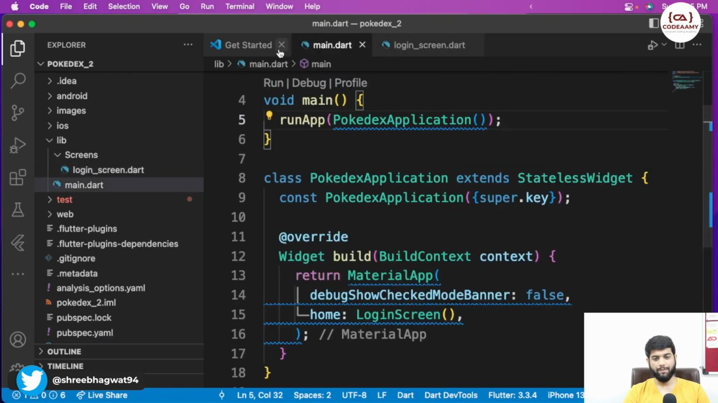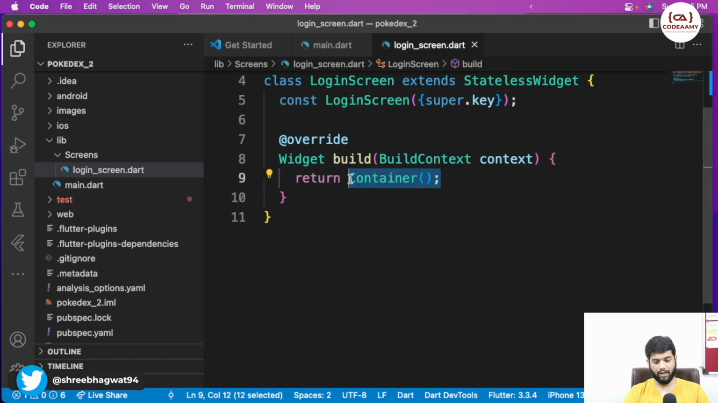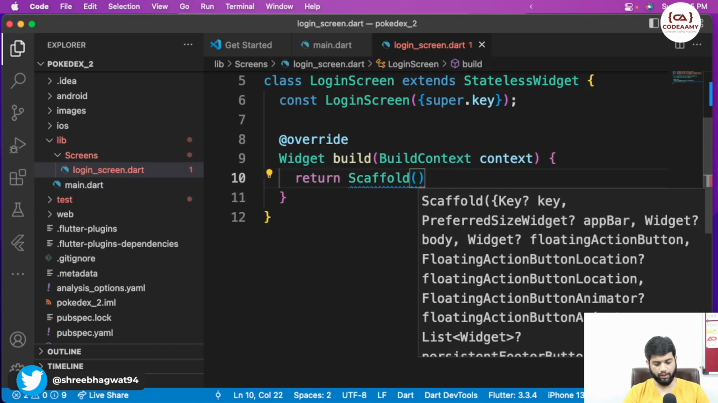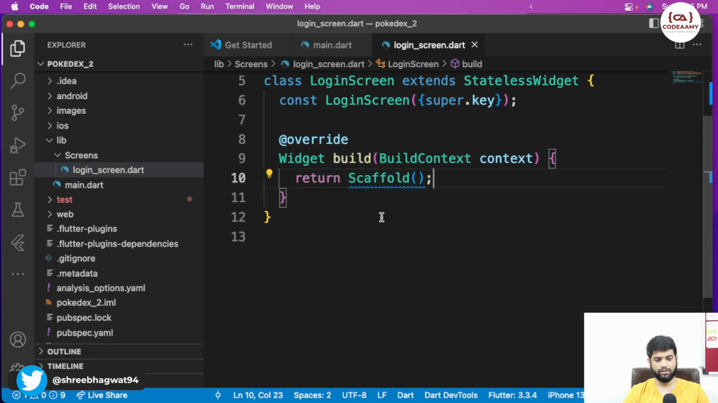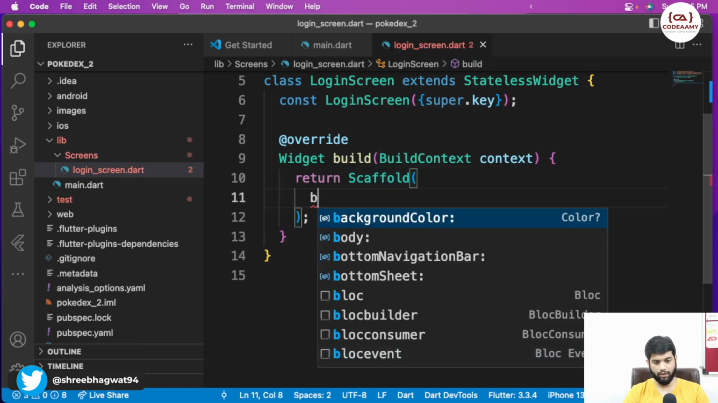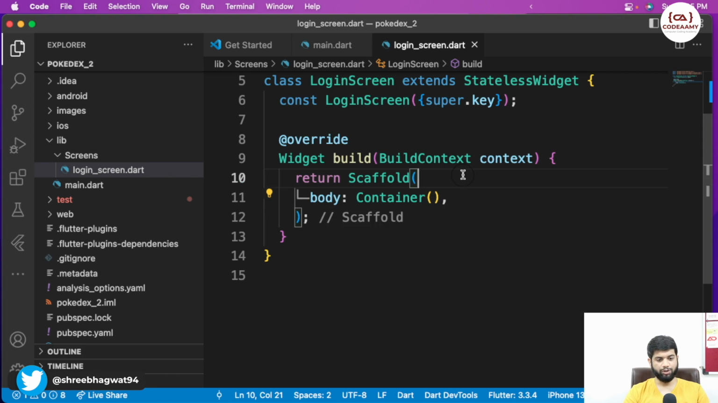Let us start with our login screen details that we are going to use. So first we will start with the UI. So let me just come back to login screen, and as usual we are going to use scaffold over here. And now that we have used scaffold and a container body,